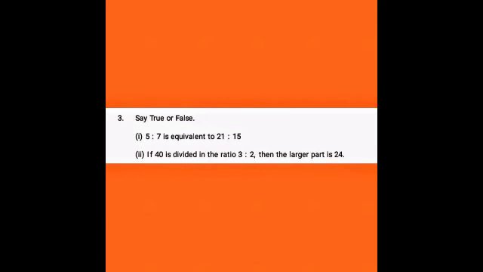Here we should write the ratio in fraction form, that is 5 is to 7, 5 by 7. They are giving the question as equivalent. So we should write equal to 21 by 15. In 5 table there is no 21. Also in the 7 table there is no 15. So they are not equivalent ratio. The answer is false. The second question, if 40 is divided into the ratio of 3 is to 2, the